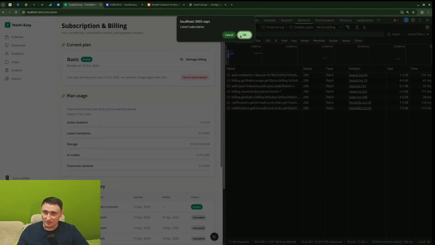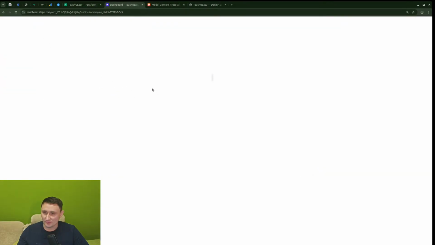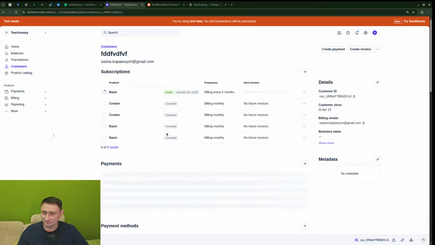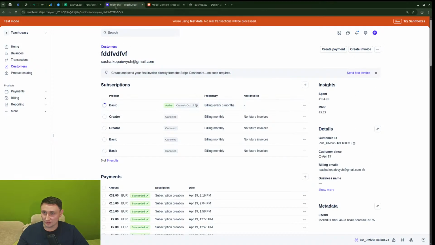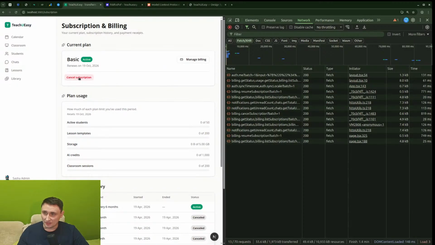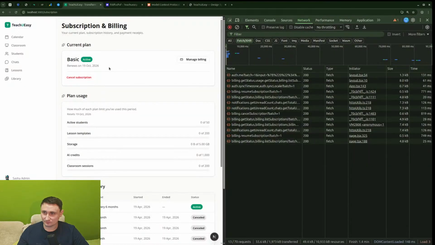I mean, if I click this cancel subscription, at least let's check in Stripe. Yeah, it should be cancels on October 19. Okay, great. Resume subscription. Another thing we need to do with cancel subscription, not to show this scary pop-up, but to make